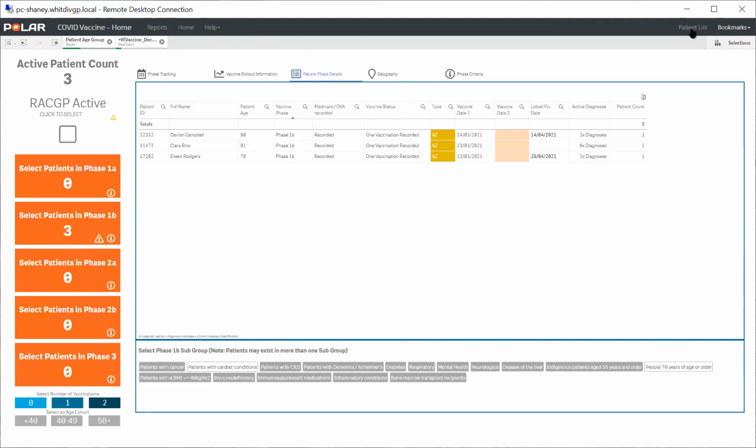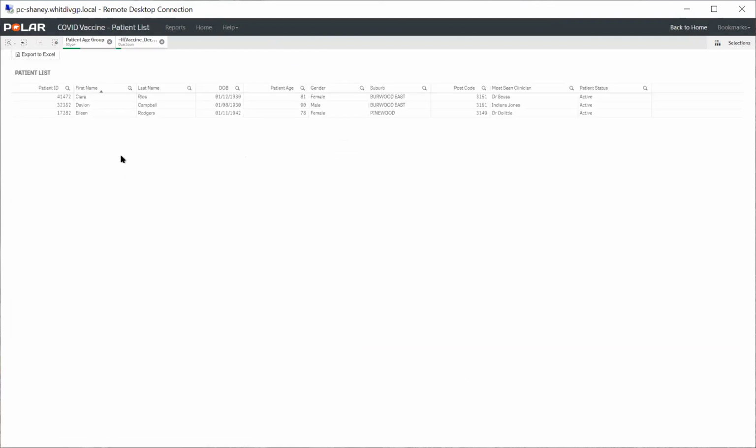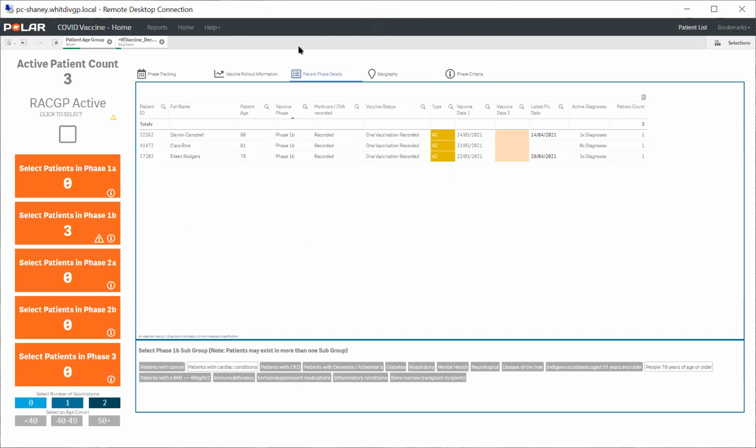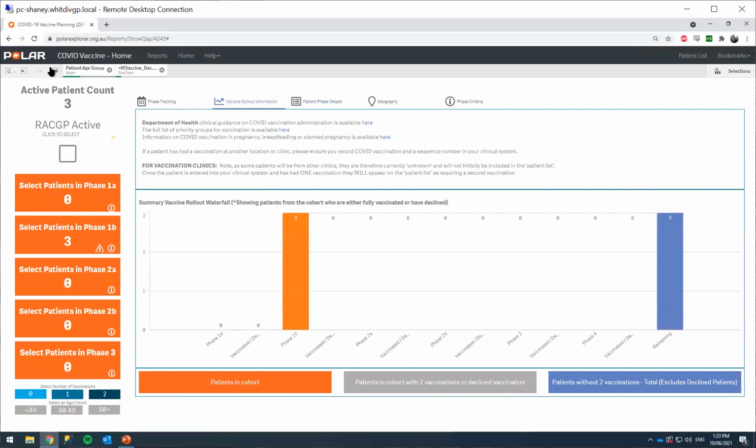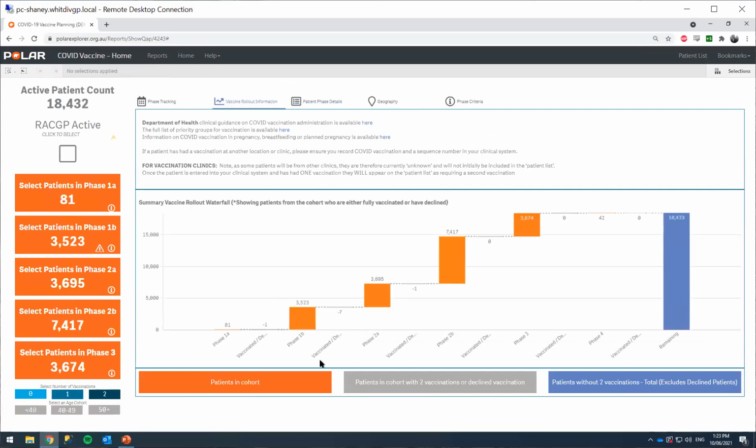So we can actually select those patients. Again, going into a patient list, export, and off we go. We've got that information there. I'm glad this is an expert group, because that was a very quick run through of a lot of information in there. But certainly any which way you want to cut this data up, you can certainly do so. And then, you know, sort of see where you're standing across. If I actually get rid of this, a little waterfall will show you how you're tracking against your individual phases as well. So fully vaccinated / declined, we can see we've got 9 patients in this practice that have met all the criteria.